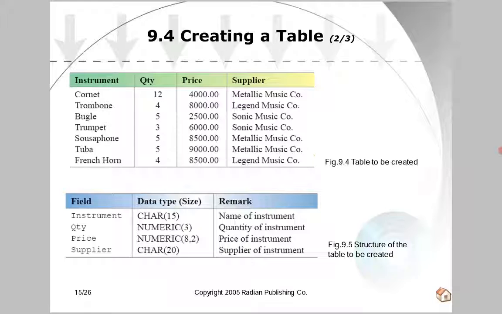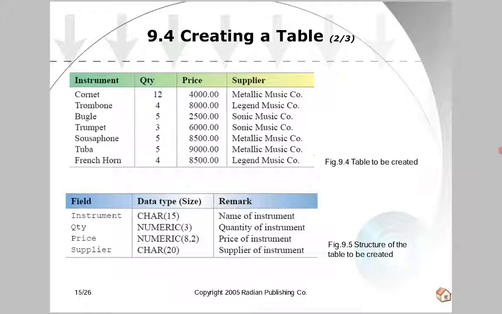So in SQL we may use different data types like char, numeric, varchar, date, like that. Char means character data type.